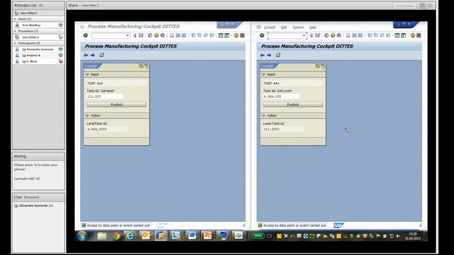The RFC function module checks about every 2 minutes if the parent process, the application,